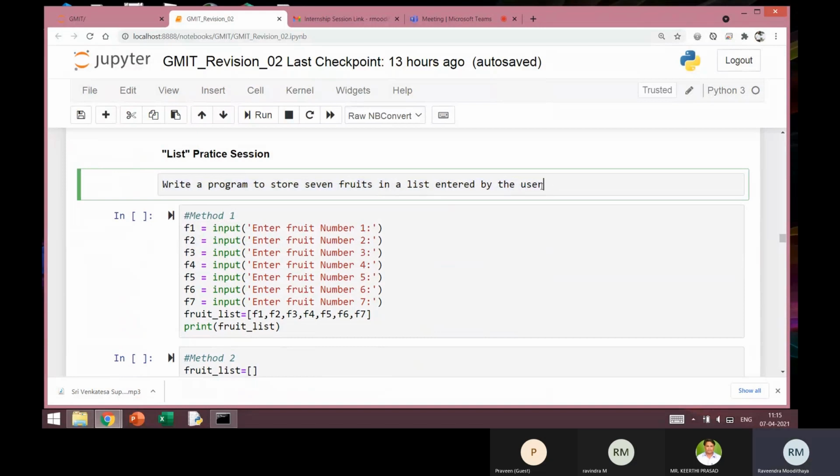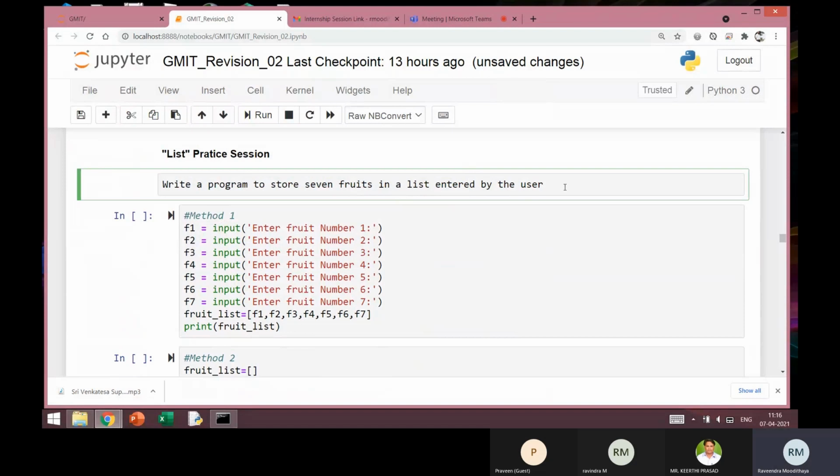What is very important is the user is entering the values corresponding to these 7 fruits. So you have to enter 7 fruits as a string. Obviously, you are entering some name like apple. It is a string. So you are entering 7 strings, and those 7 strings that you enter should be considered as the values, and those values should be put into a list.